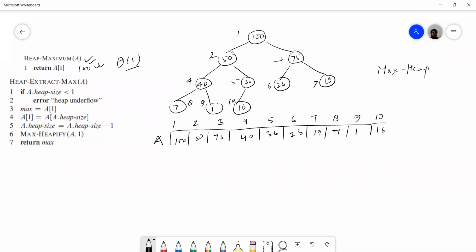We already know the delete procedure. So for extract, step 1 is always that you have to delete the root and replace it with the last element. We have already done this.